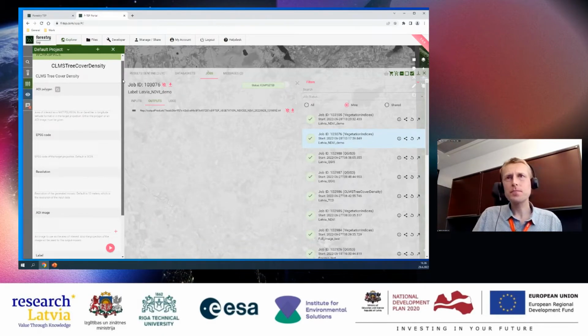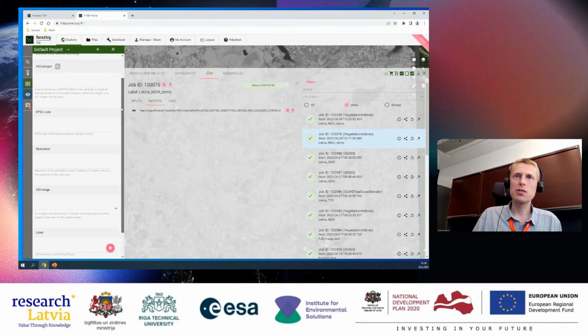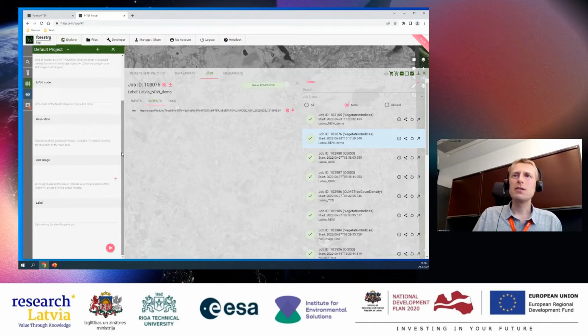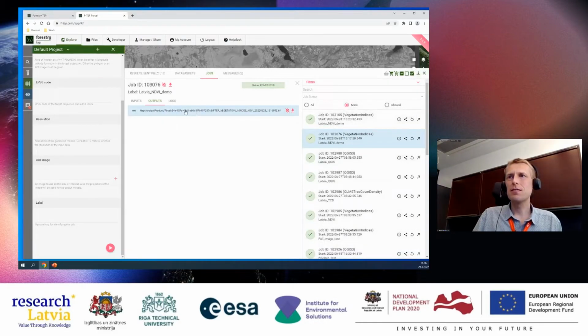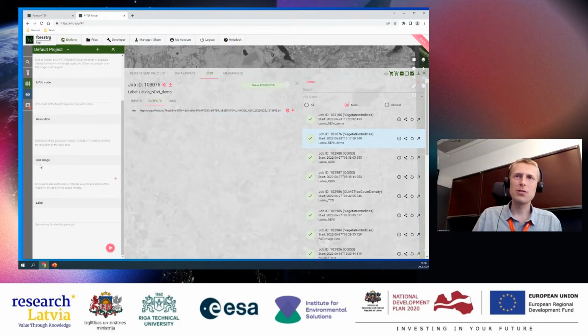And then you can see what kind of parameters it would need. You can create it for any area of interest polygon that you create, and then you would have to specify the projection and the resolution and all. But we are now interested in getting it exactly for our study area, which is this area that we used in the previous one. So what we can do, we can use this AOI image option.